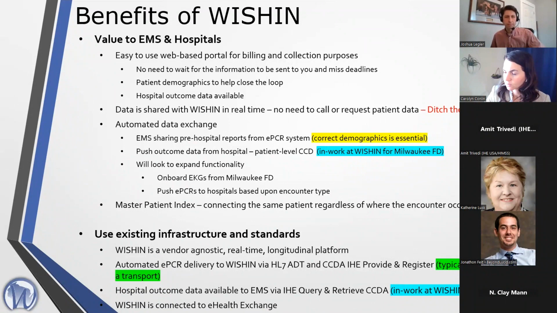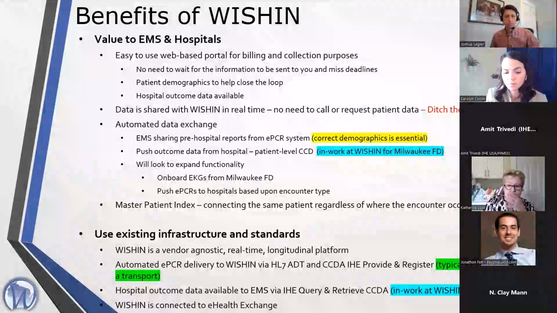No. When we looked at pushing the EPCRs, there will be some work, but we're leveraging existing technology and existing subscription services. So the hospitals, they think of Wishin as a co-op. You give data, you get data. So that's been in place in Milwaukee with all of the hospitals there for many years. So all we had to do is train a new category of users to access those EPCRs based on a patient name. And that's been helpful.